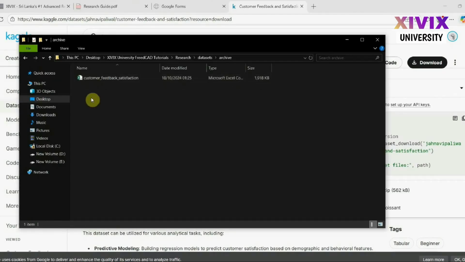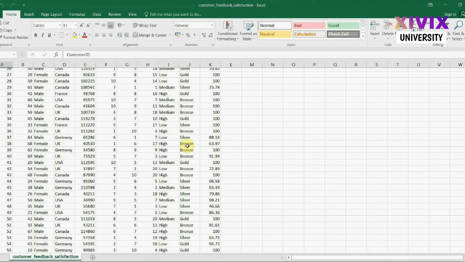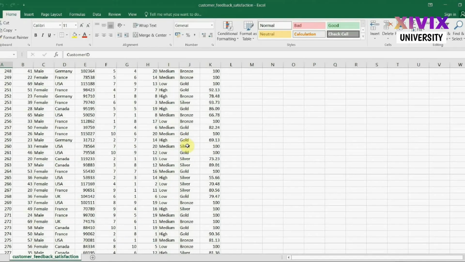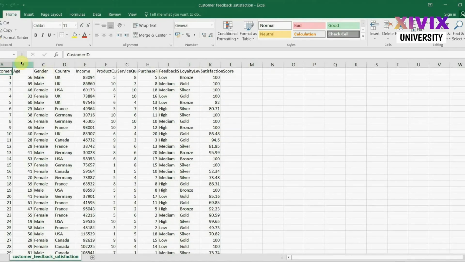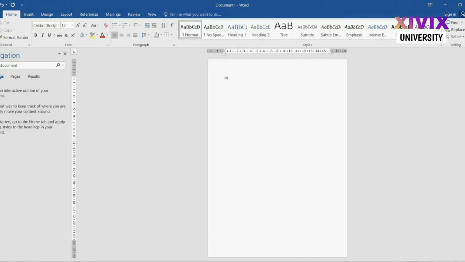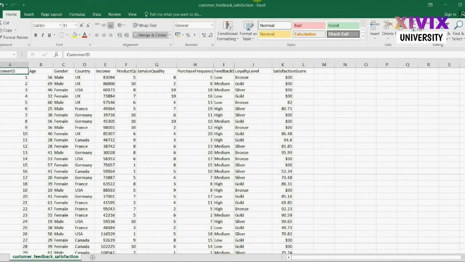And this is the dataset. And now I'm going to show you how to convert a categorical data type to a numerical data type using this country column of the dataset. First, I suggest you open a blank document in Word and list down the countries respectively and assign numerical values to each country. And after that, go back to the Excel sheet, and in the Home tab